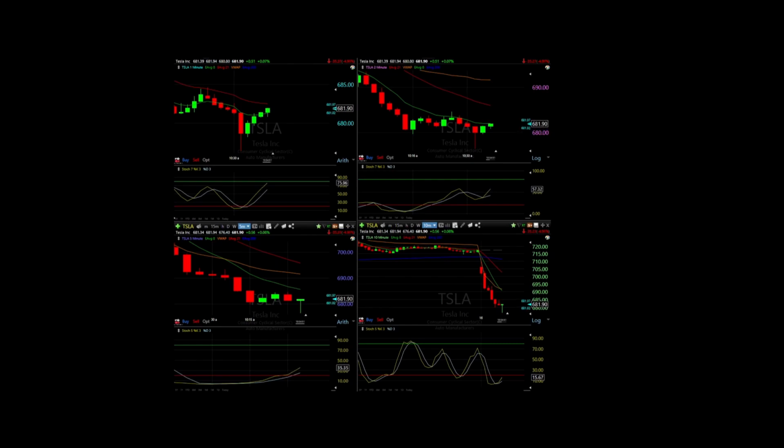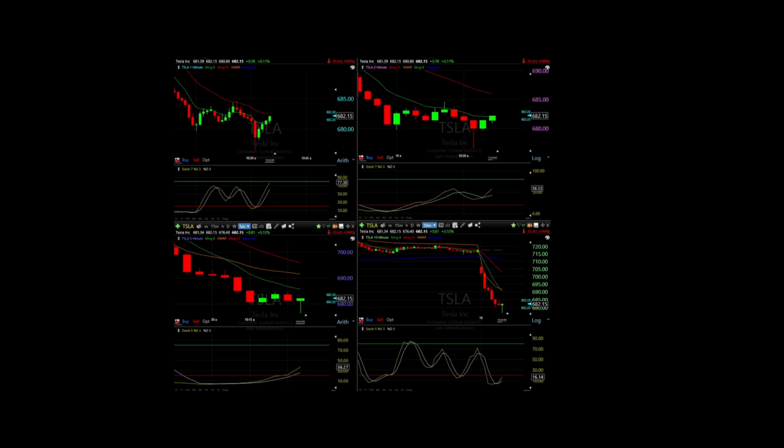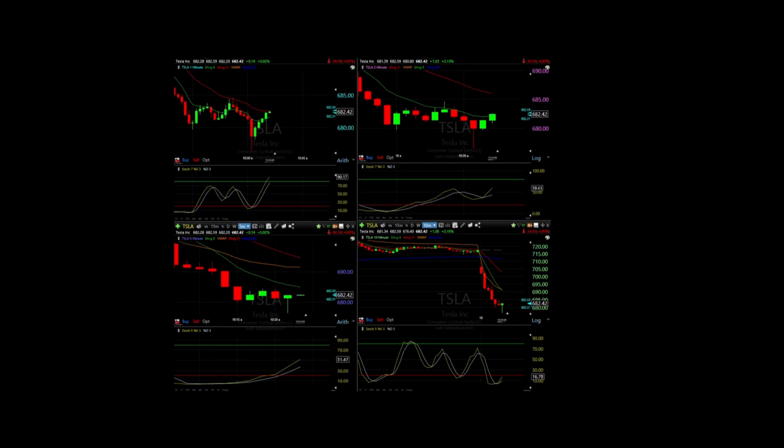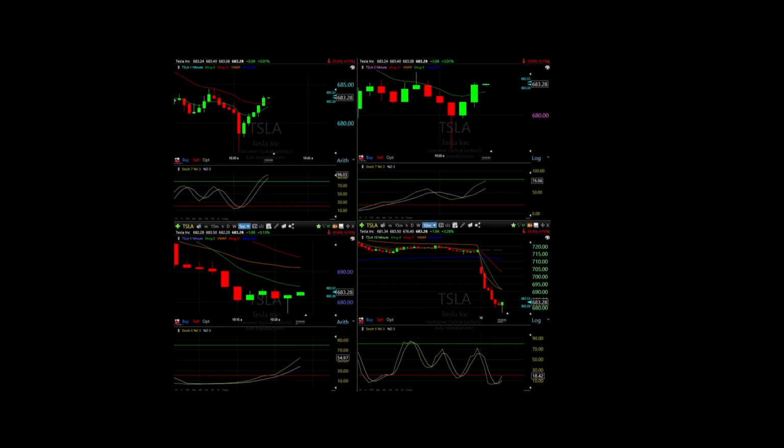As you'll see later, I still would have bought, but the 2 minute is going up stochastic, the 5 minute is going up, the 10 minute is going up, and the 1 minute is going up, and none of them are near those higher markers, the 80% markers at the top of the flow. And if you look at the stochastics throughout the day, you'll see that they do ebb and flow from the